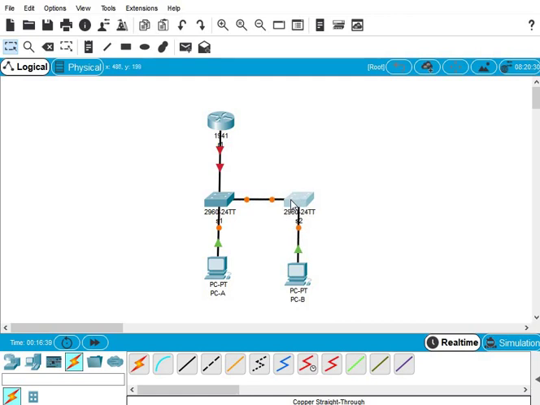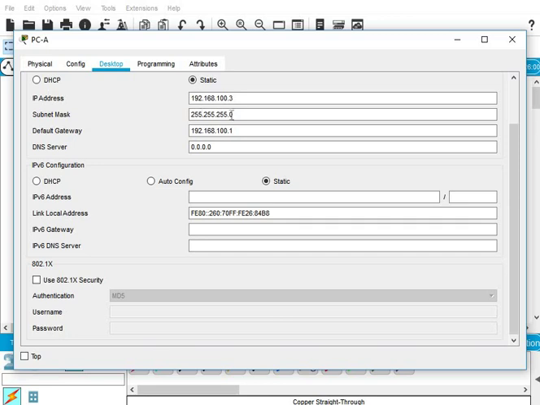Now that we have created the topology like so and have cabled the network, the next thing that we would like to do is to configure the PC host. And PCA should have this address 192.168.100.3 with a subnet mask 255.255.255.0, and the default gateway should be